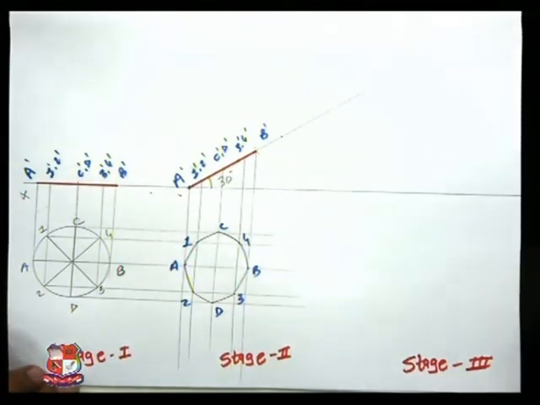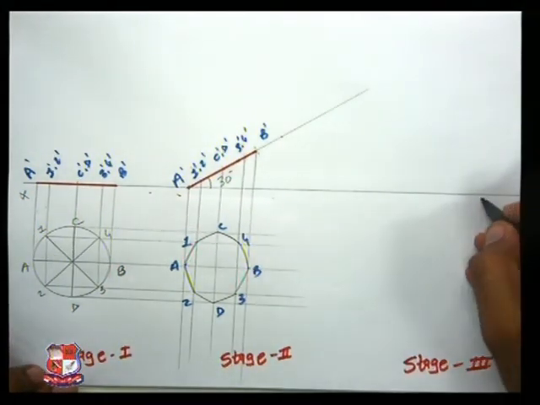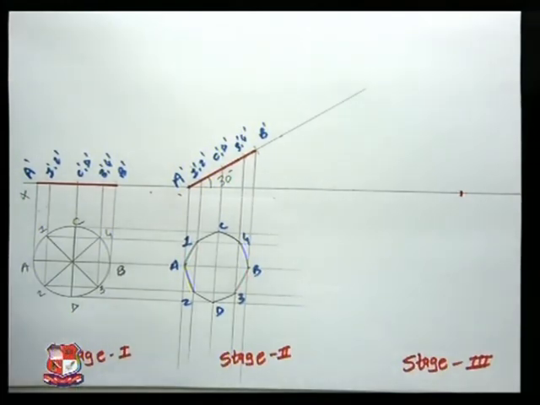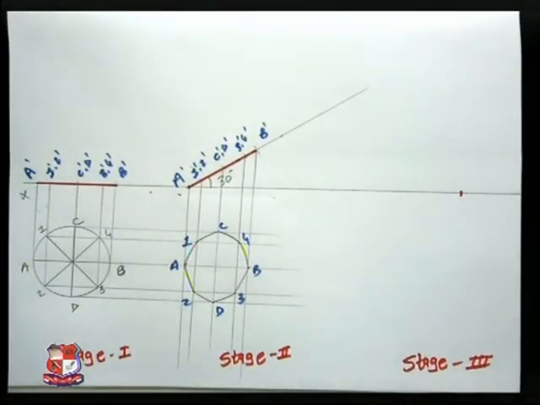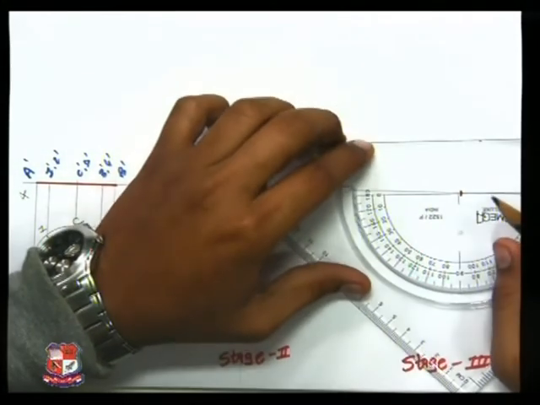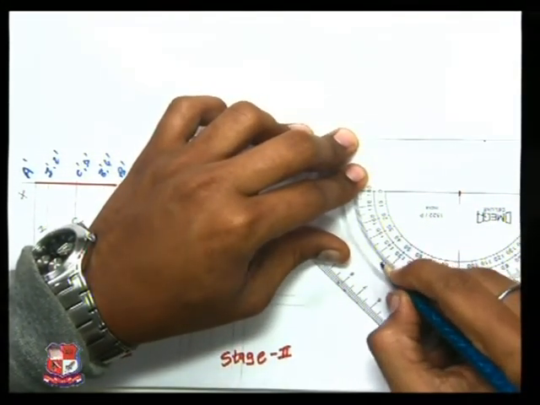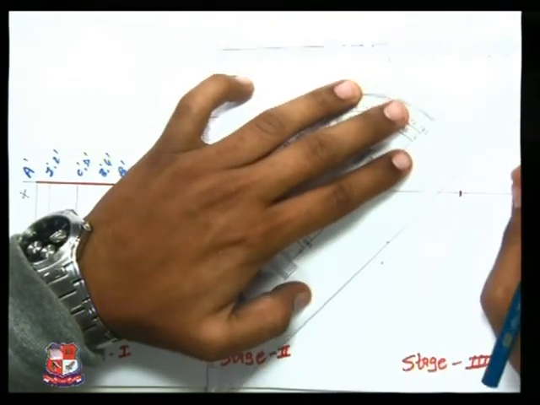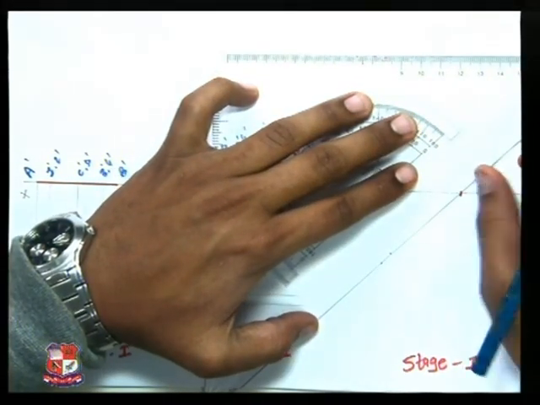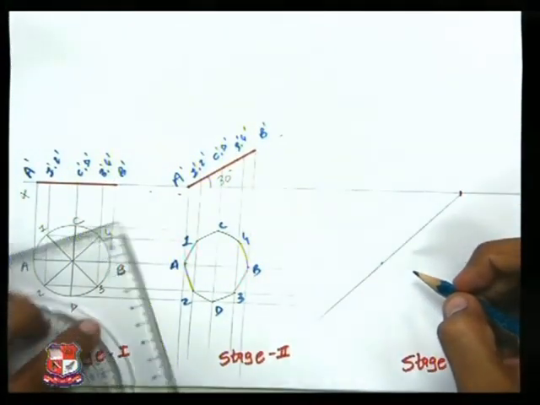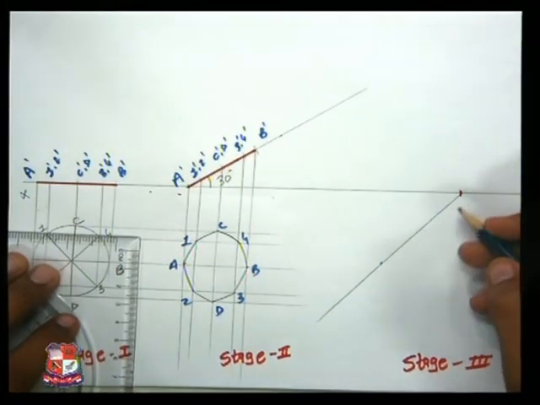Stage 3, marking any random point at 45 degrees, as it has been given that it is inclined to the VP at 45 degrees. I am drawing a reference line. Now in this